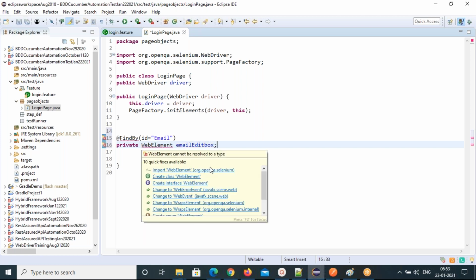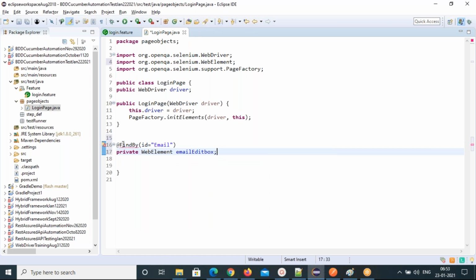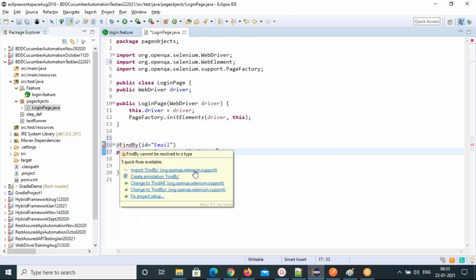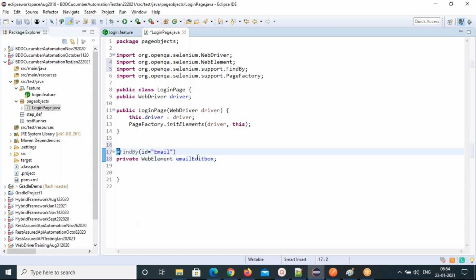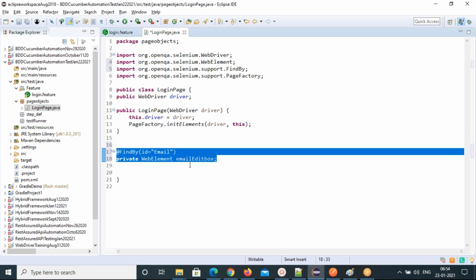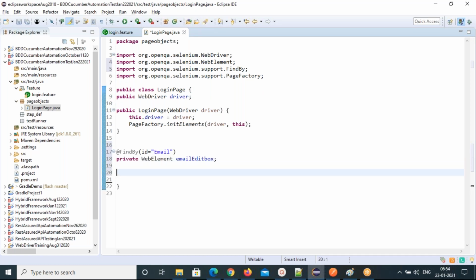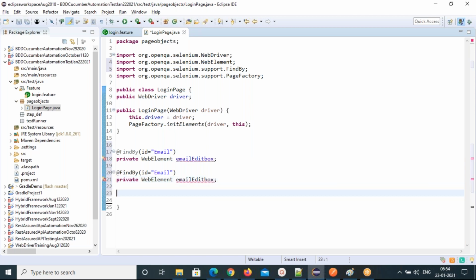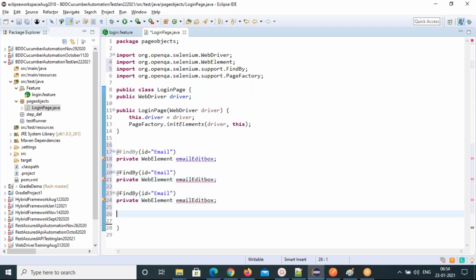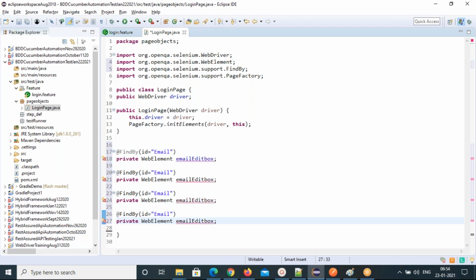Okay, import this WebElement and FindBy annotation from org.openqa.selenium.support, and just do the same for a few more elements. We need one for password, one for the login button, and one more for the logout link.